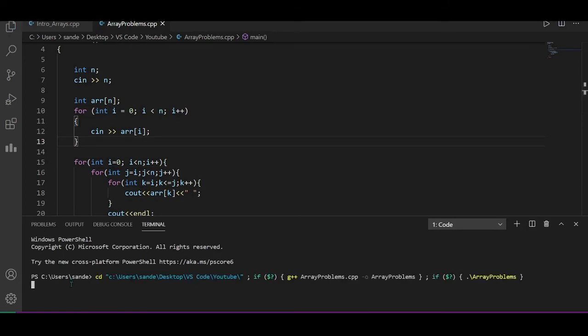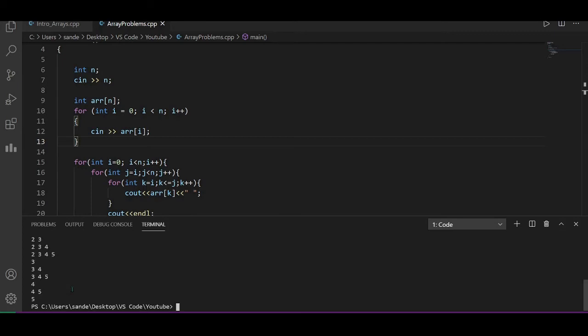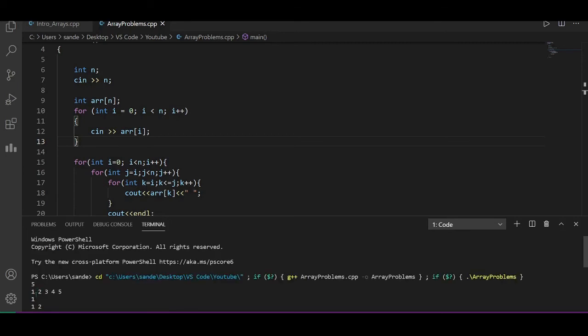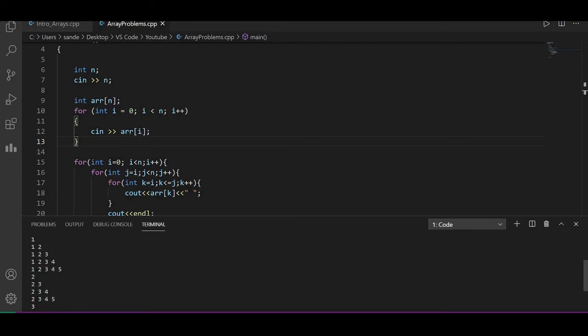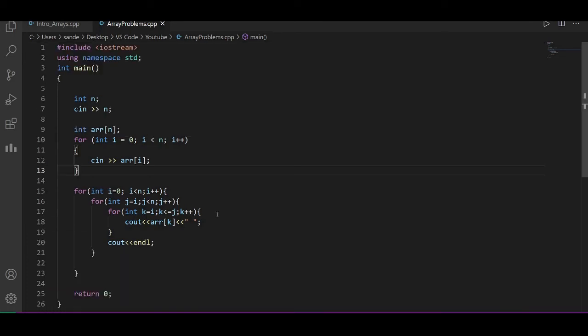What was our array? Yeah, this one. Now you can see we have the list of possible subarrays here: 1, 1 2, 1 2 3, 1 2 3 4 5. Then starting from 2: 2, 2 3, 2 2 4 and up to 5. So here is the code for possible subarrays.